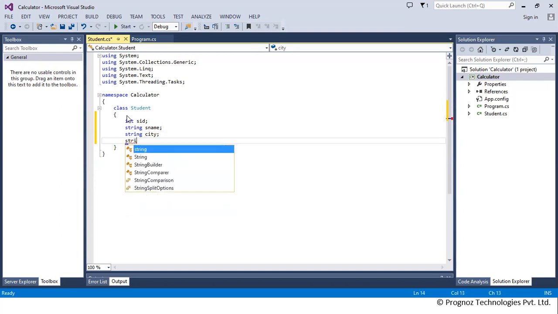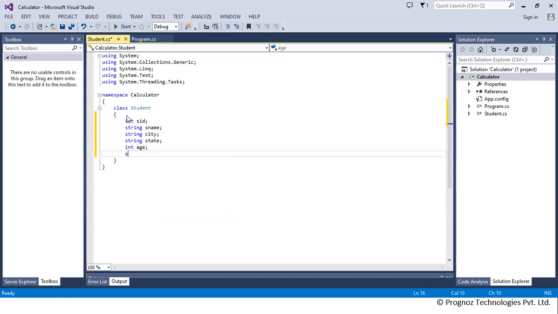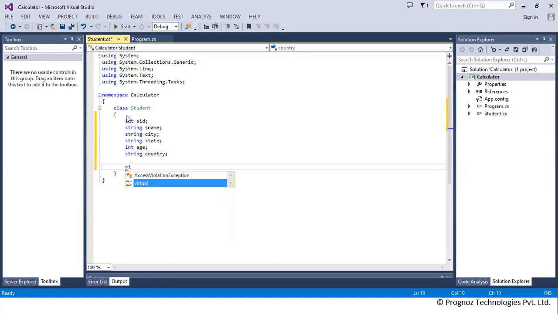string state, int age, then string country. Then we need to declare the function or method, void accept.